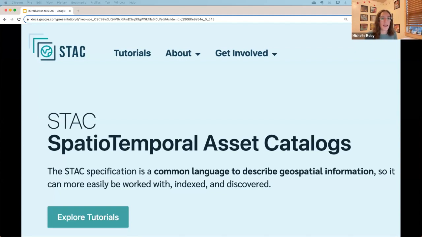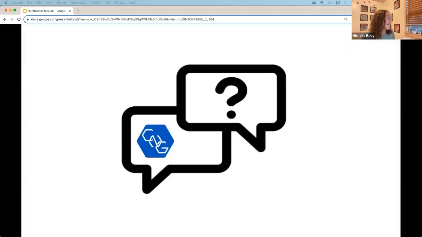And there are tutorials focused on data providers, data users, and there's so many tools online. Sometimes it can be overwhelming how many tools are online. So that's why I wanted to create this and make it as curated as possible, and just help you all get an intro into STAC, Spatio Temporal Asset Catalog.